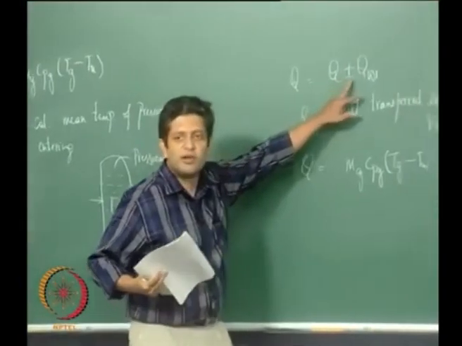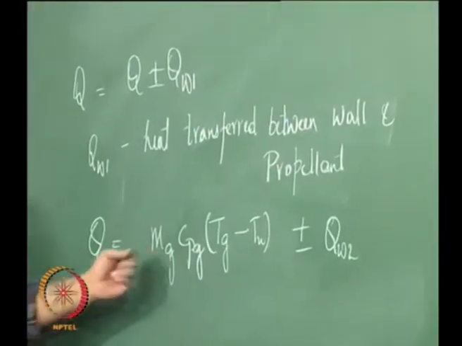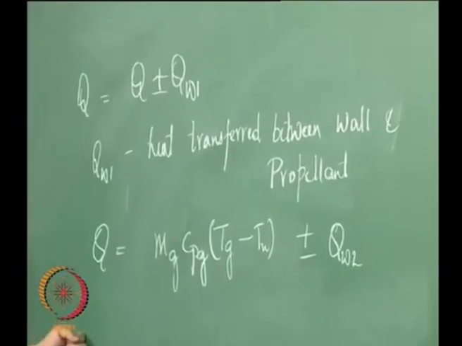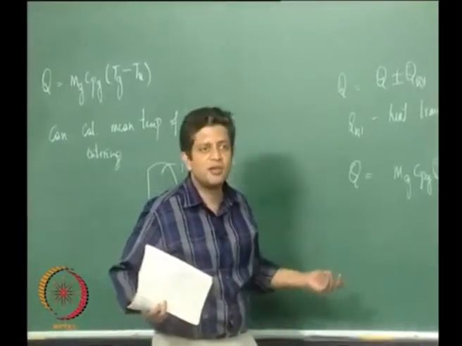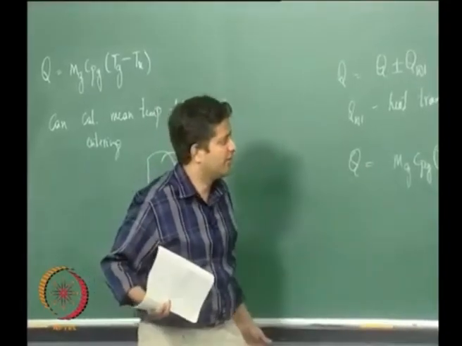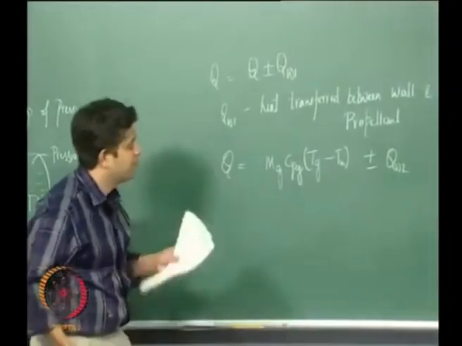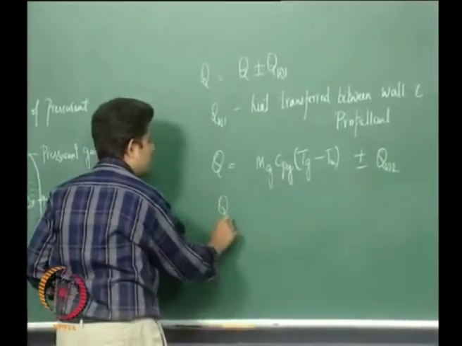We have included plus or minus to account for the situation when wall is at a higher temperature and the propellant is at a lower temperature, and also the other case where the propellant is at a higher temperature and the wall is at a lower temperature. Similarly here too, and Q wall 2 is nothing but